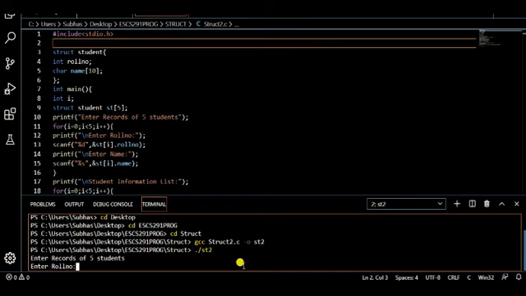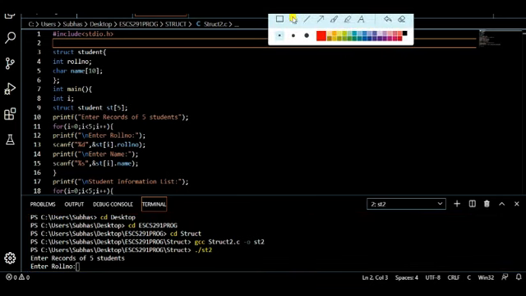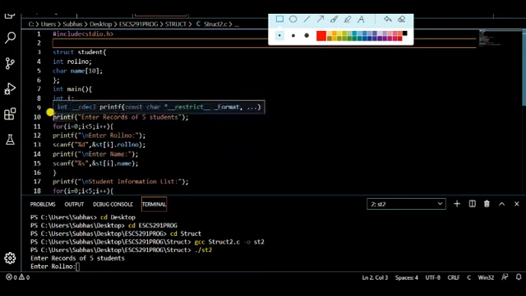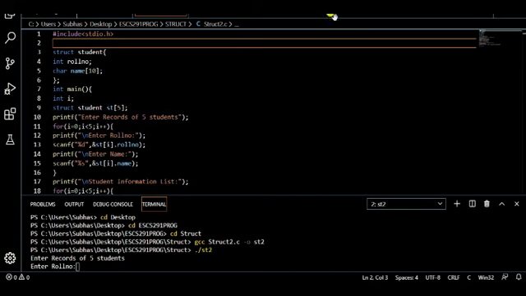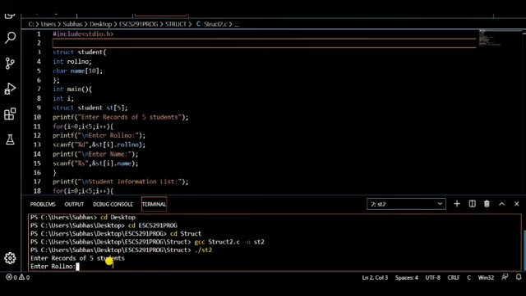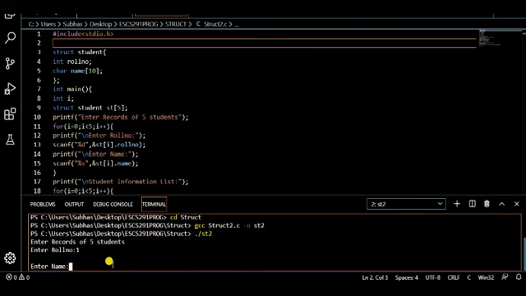So we have seen the first line is executed, I got the enter record of 5 students. So what is the roll number? Roll number is 1.